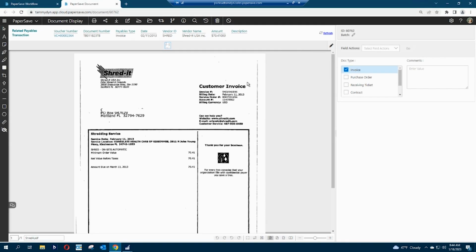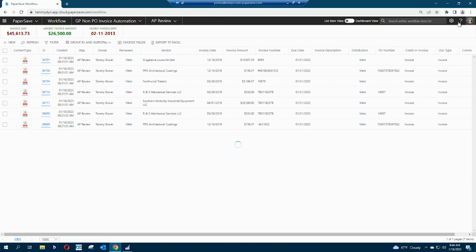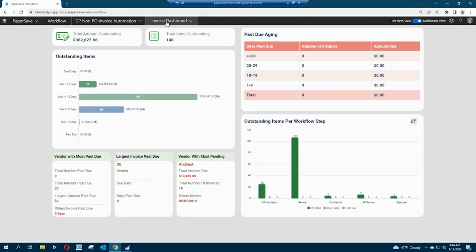So what does that do for you? For the individual who manually keys that data, it's going to free up a lot of their time to do some more important things like vendor negotiations for terms and conditions, maybe, or maybe for discounts, things like that. But the other thing that it does inside of PaperSave is it's going to give you valuable dashboard information. Because we know the vendor, the invoice date, the invoice dollar amount, and also who needs to approve it and when,